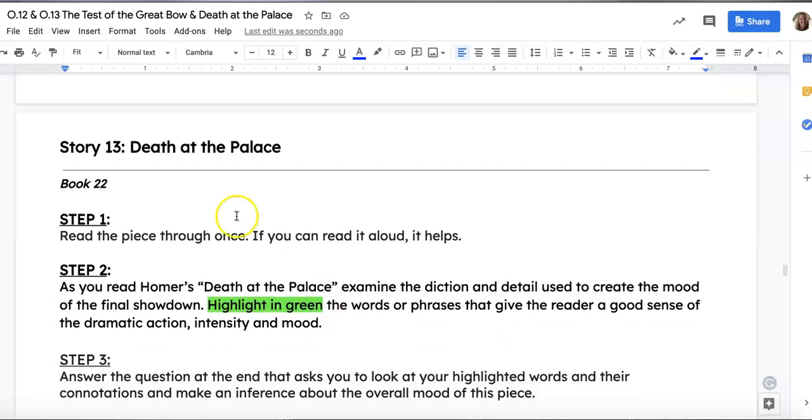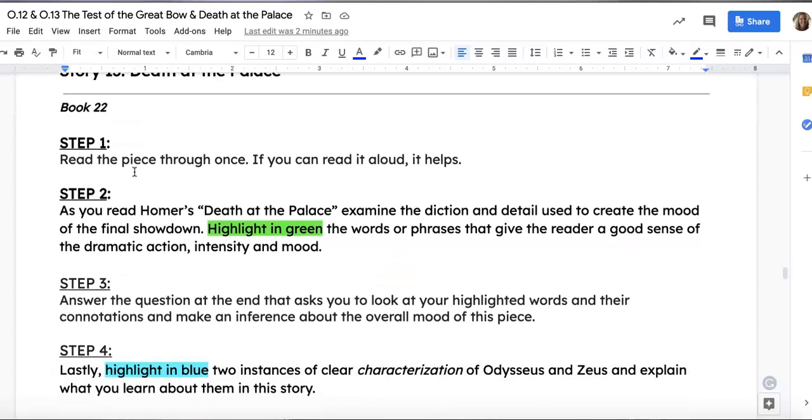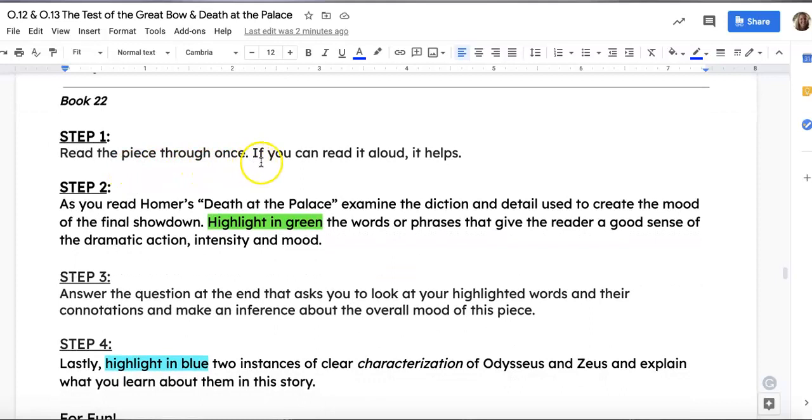the 13th story we are reading, which is Death at the Palace, and this comes from book 22 out of 24. We're getting very close to the end. Remember, there's only 24 stories, so the next time that we read, we are going to be at the second to last story. So step 1 is to read the piece through once, and read it aloud is my suggestion as always. Step 2, as you read Homer's Death at the Palace, examine the diction and detail used to create